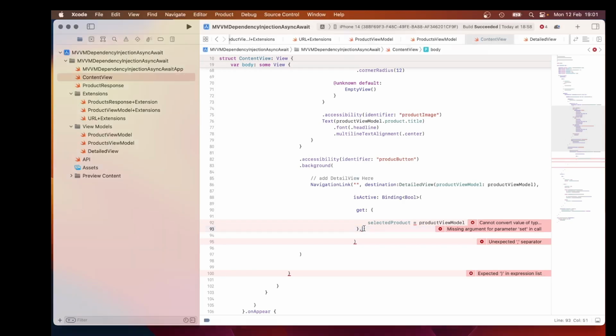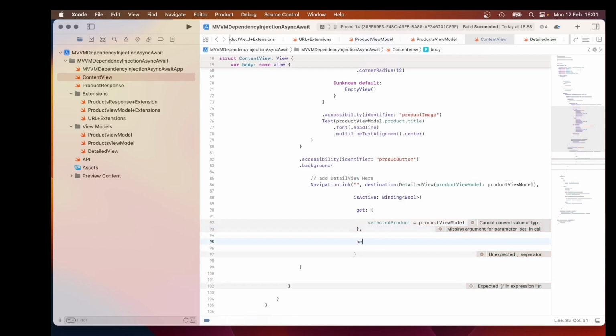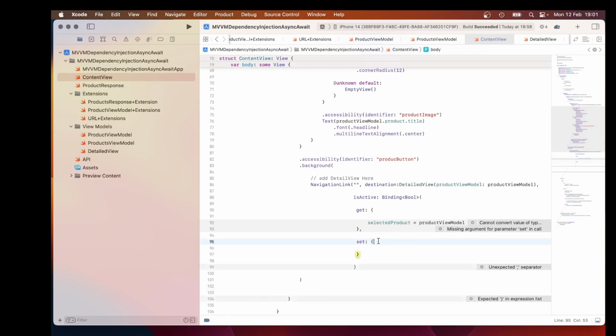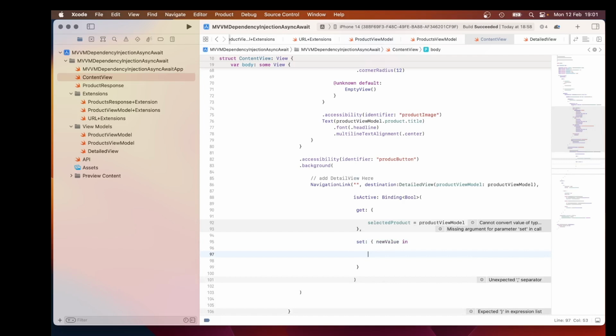And then we need to create a set property, which is a write property. If not, new value. So what this means, when the binding is set to new value,